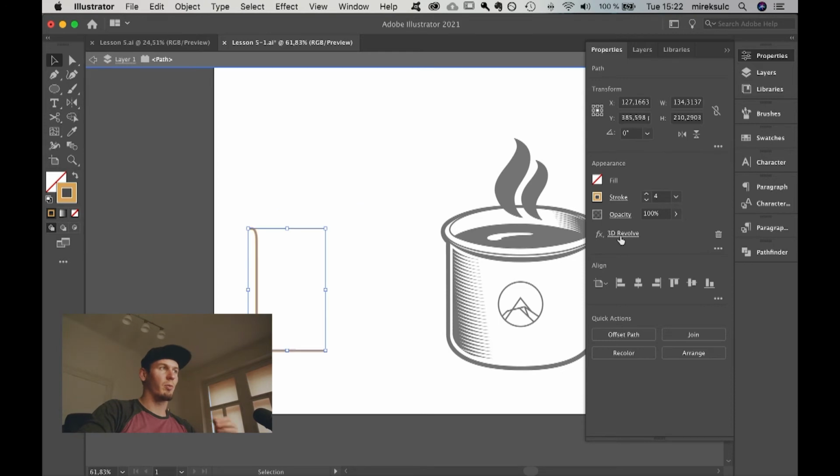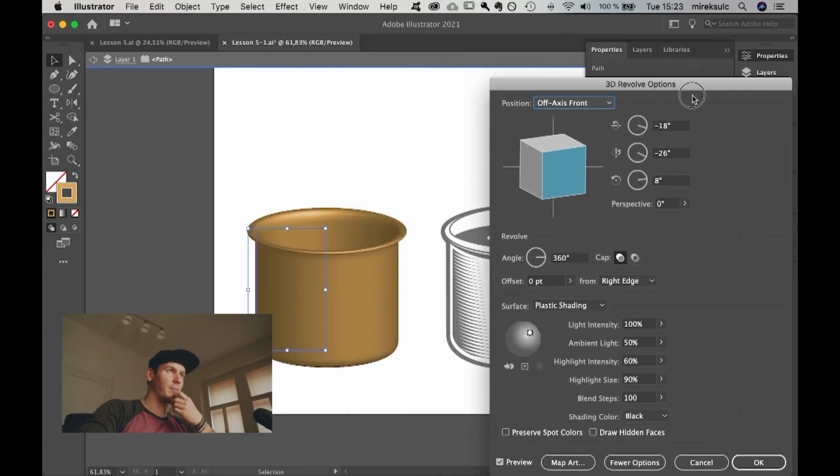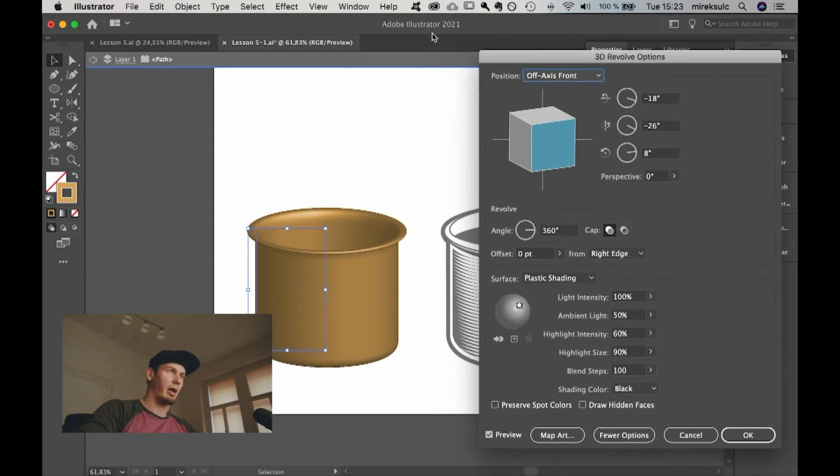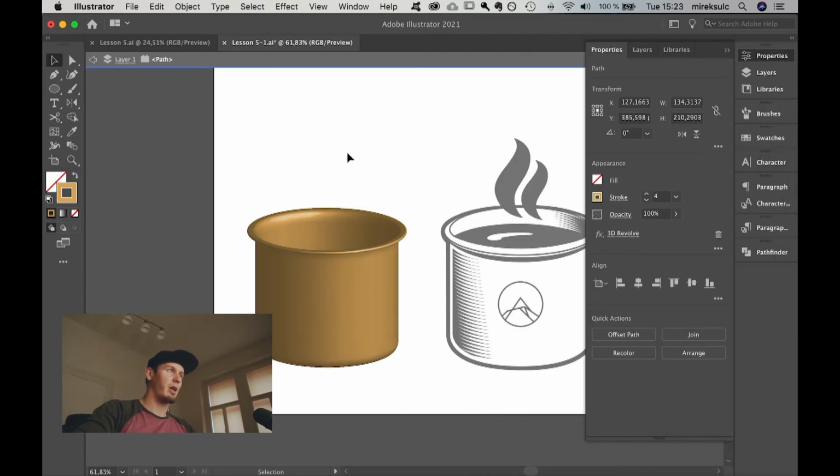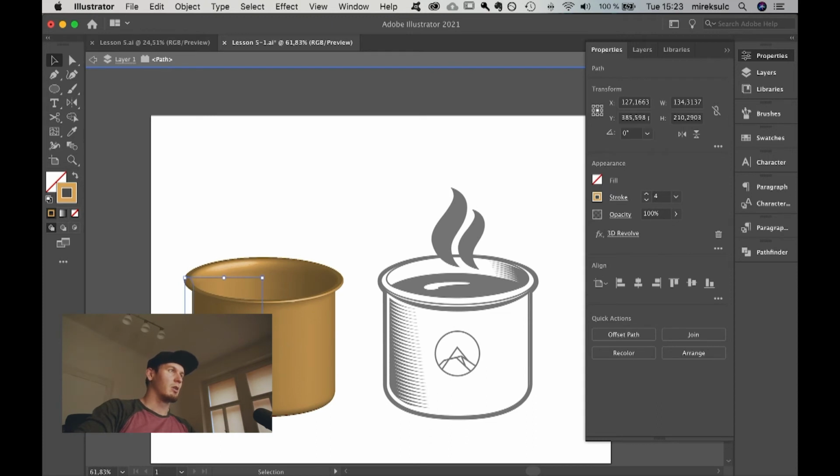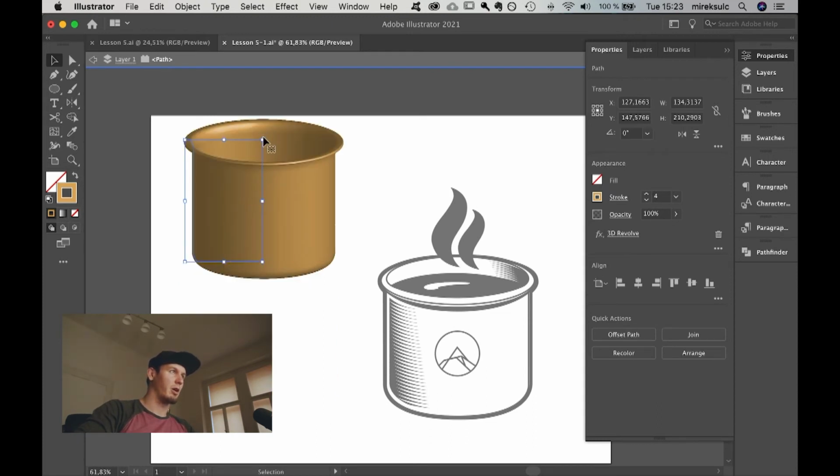And also you can go inside the dialog window and, where was it? Oh yeah, you can, let's say, increase the intensity of highlight. You can play with the directionality of the light, or where the light source is illuminating the object from. And I would say the most powerful thing here